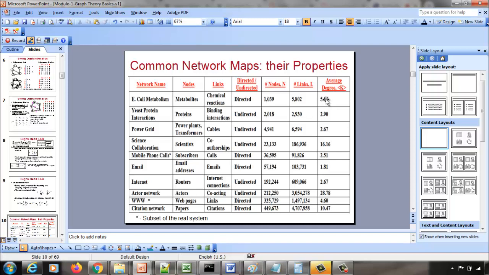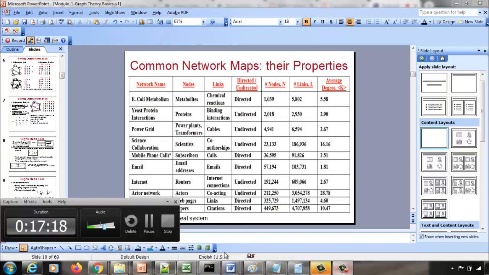Okay. So this could be a small problem in an exam. I could give you just these numbers and whether the graph is directed or undirected, and you should be able to find the average degree of the vertices. Okay. So let me stop and